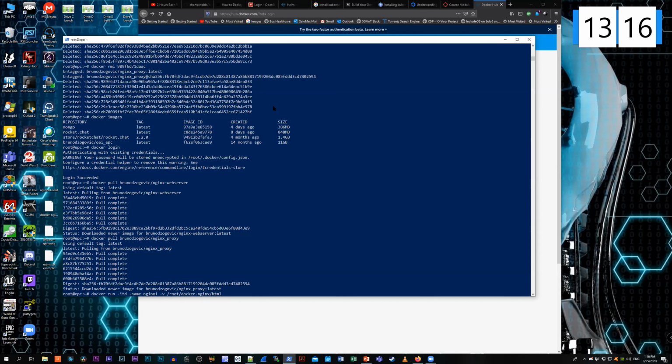HTML. This is going to be your local folder where you're going to store your local files. So in root docker nginx HTML, you put your website. And this website is going to map, after the colon, in the container to /usr/share/nginx/html. This is the directory where Docker is containing the Nginx web server inside the container.